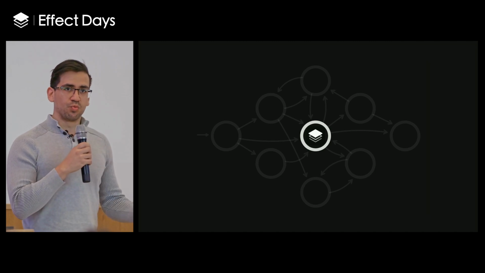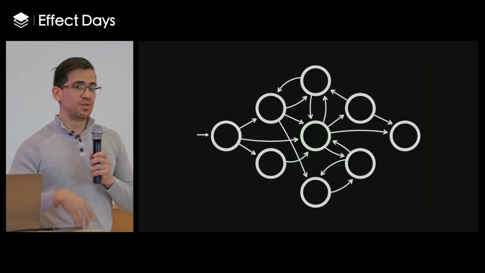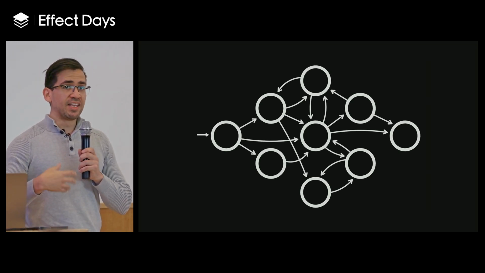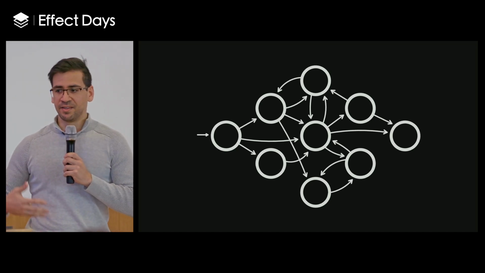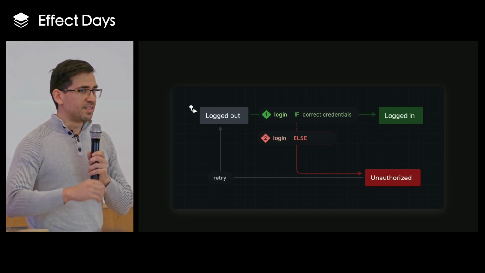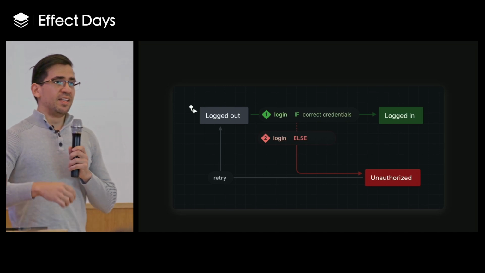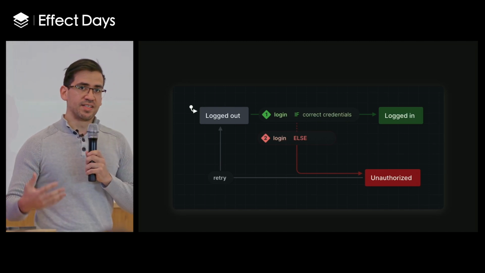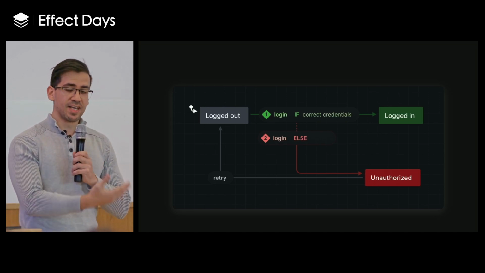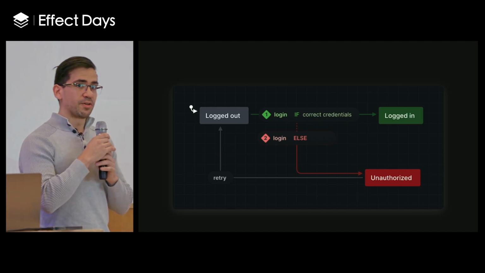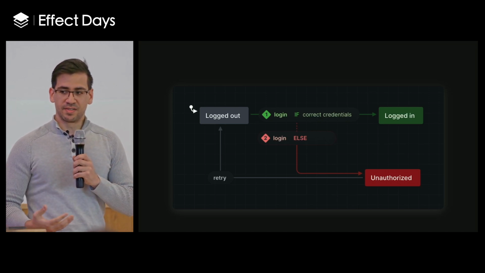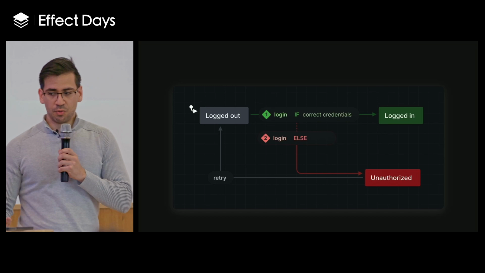So we know that Effect is really good for the low-level stuff, but when it comes to the higher-level stuff, we need to think at a different level of abstraction and understand all of the different flows that can happen, all of the different use cases and edge cases. And so this is why I have been so interested in state machines, because not only does it help you make those edge cases and use cases explicit, but it also does it so that you could present it to someone who is either technical or non-technical. So for example, if you're explaining a flow for logging in, you say that there's two different options, like the credentials could be correct, and then you would be logged in.